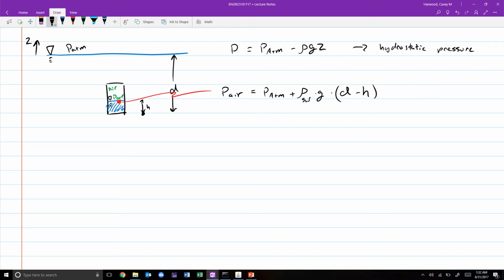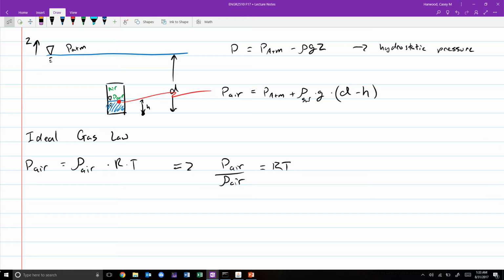And the way we approximate the variation of the pressure within the tank is using the ideal gas law. So we have the ideal gas law, which tells us that the pressure of the air is equal to the density of the air times our gas constant times our absolute temperature. If we do some rearranging, we can write this to say that P air over the density of air is equal to simply RT, which is going to be